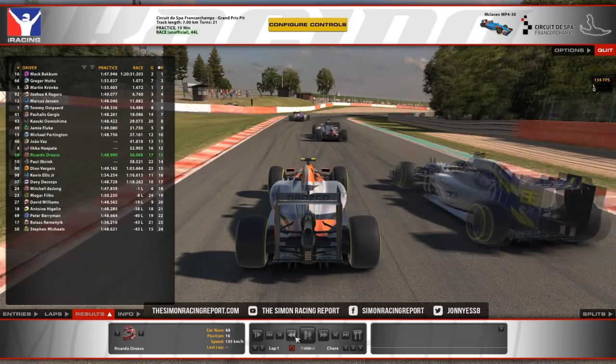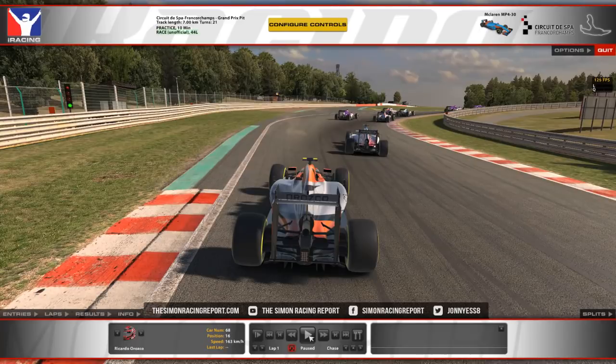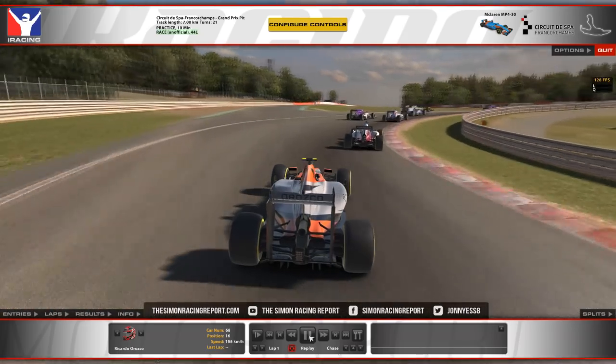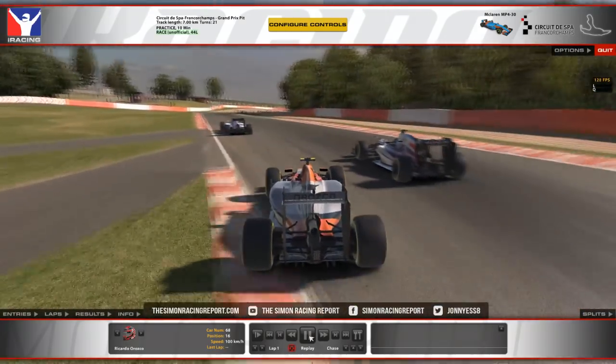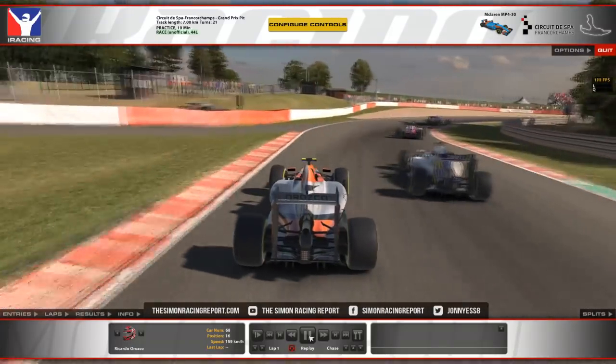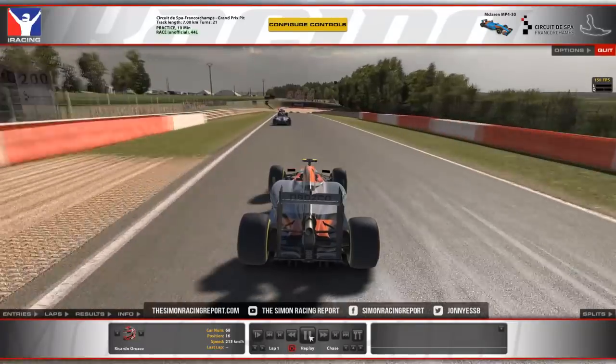So if I go to Ricardo Orozco now, same incident. This is interesting. I don't know if you noticed this, but I swear he gets a slowdown from this, so I want you to confirm it. He avoids the incident, just avoids Partington, and takes to the grass at Les Combes. Yeah. So now, if you watch him all the way down to No Name,